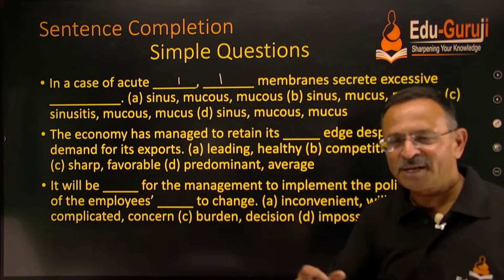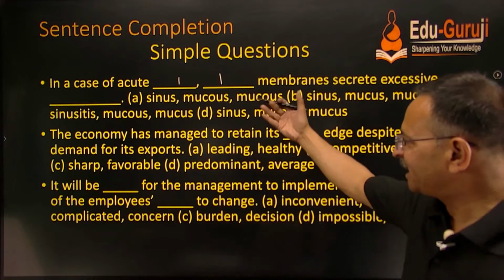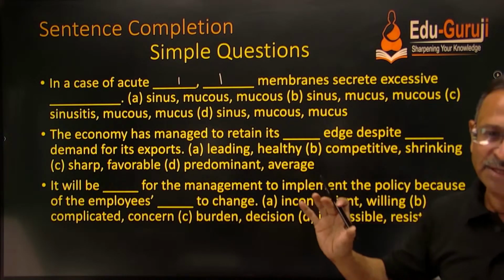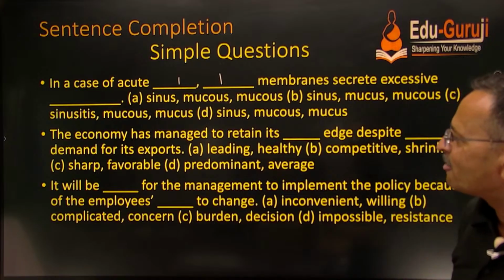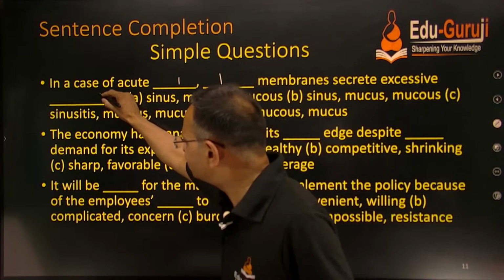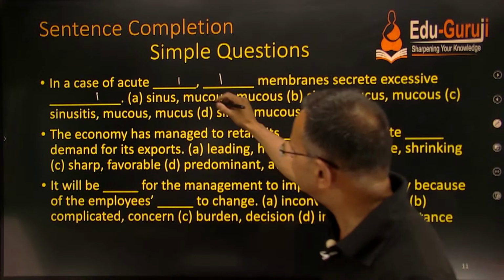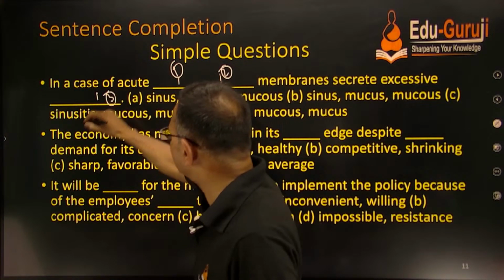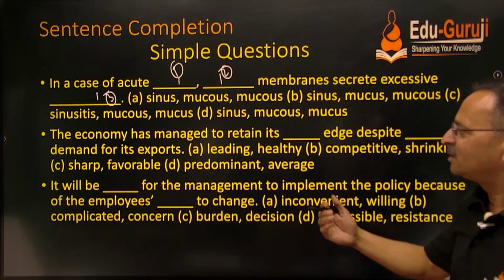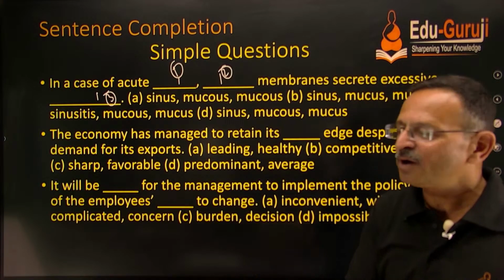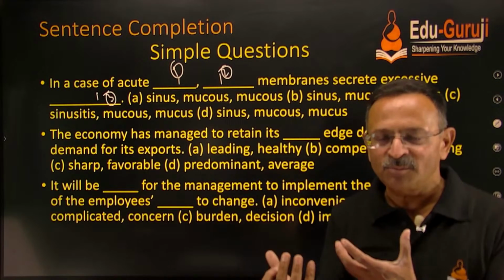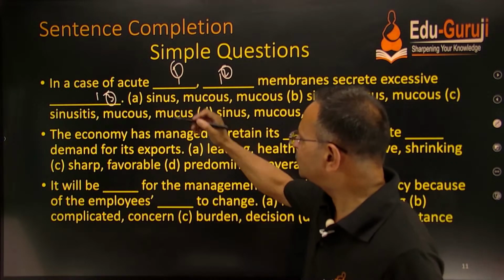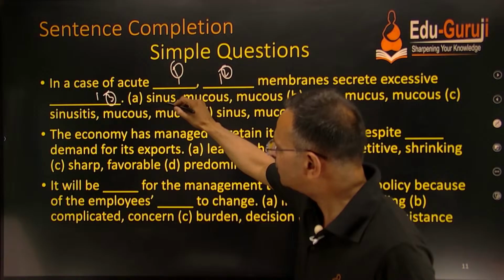A lot of spelling mistakes are also there, and then we have to see which is the best correct option here, right? So we have a three-part here. This is 1, this is 2, and this is the third count. So if we know the meaning of sinus, it's actually a cavity. So obviously in case of acute sinus, no, this cannot be the